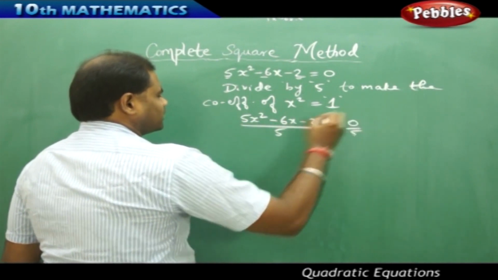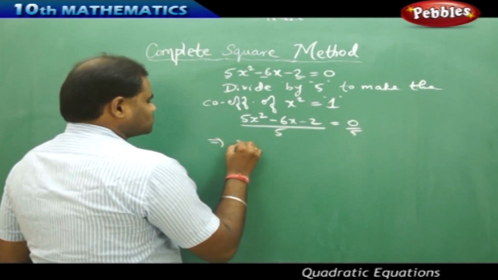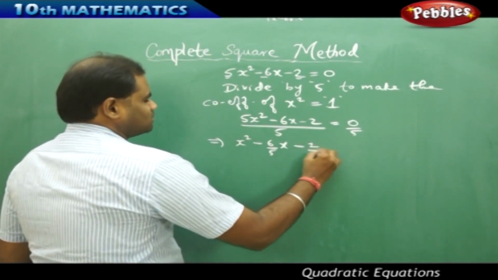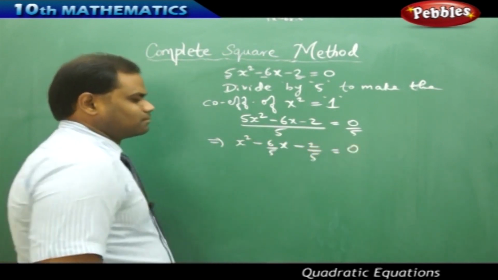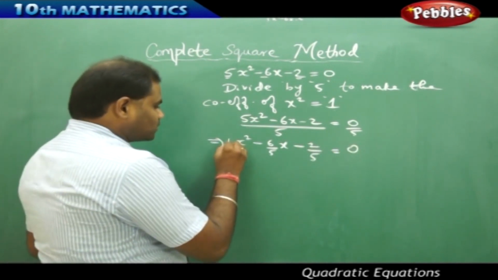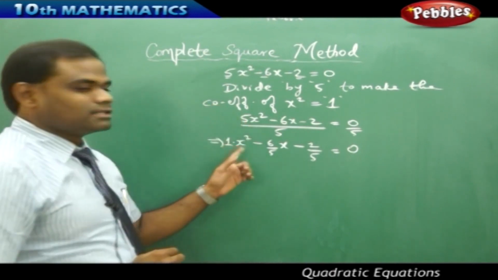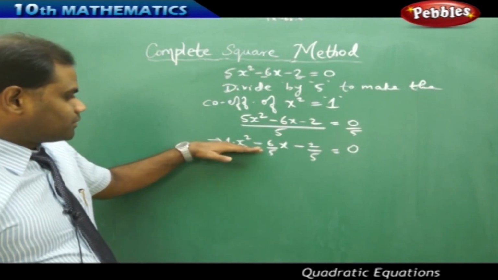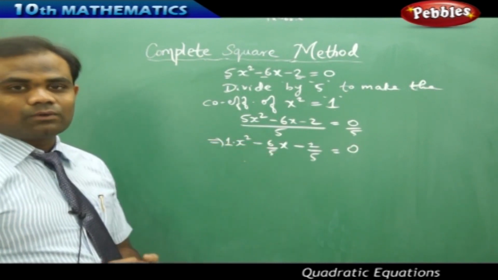Equal to 0 by 5. Then this reduces to x squared minus 6 over 5 of x minus 2 over 5 equal to 0 is what I get. And now my destination of reaching the coefficient of x squared equal to 1 is finally reached out here. Now with this coefficient of x squared being 1, let's try to see how I can make this